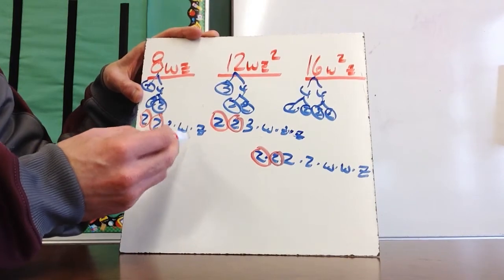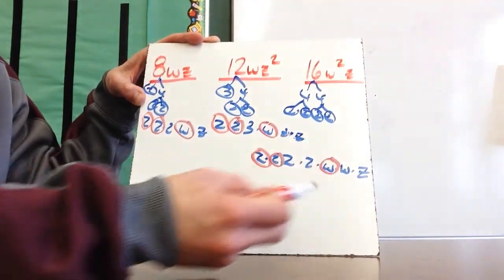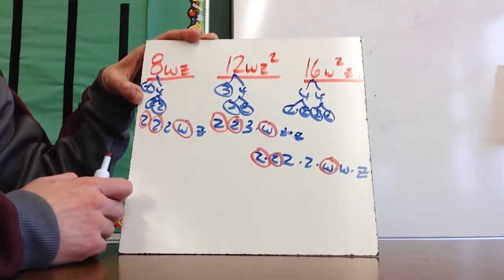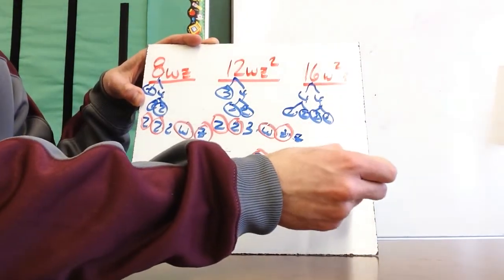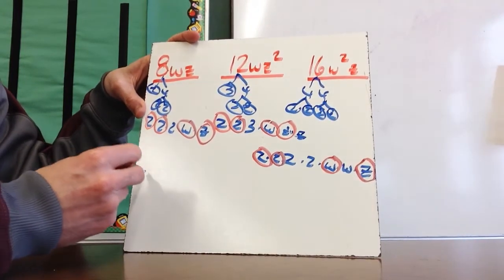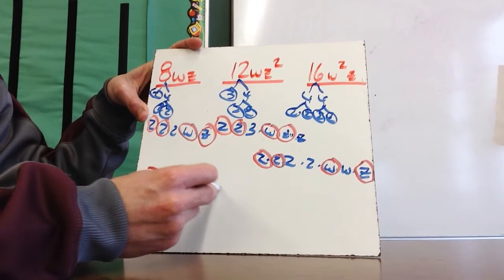So I'm now on to the W. They each have a W. And then you'll notice that there's another W, but these two do not have a W, so I'm not going to circle that. And then they have this one Z in common. And even though there's another Z here, there aren't any more. And so in common they have, I'm just going off of what is circled, 2 times 2 times W times